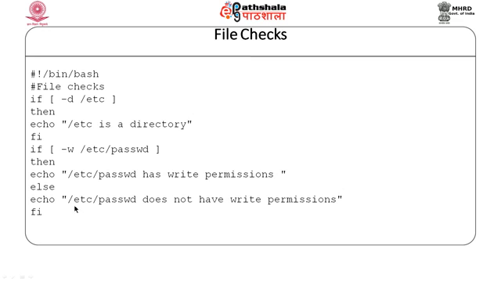So, you will see the output that /etc/passwd file does not have write permissions. So, in this script I have shown two if conditions. The first we check for directory using -d, and the other case we check whether a file is writable or not using the -w option. So, this is how if can be used to check for numbers, strings and files.